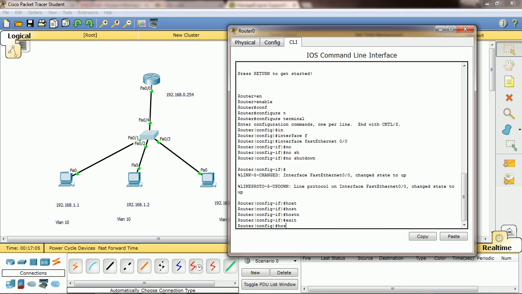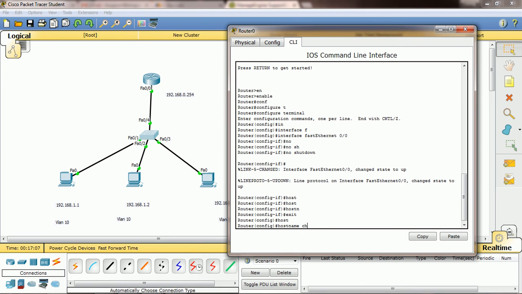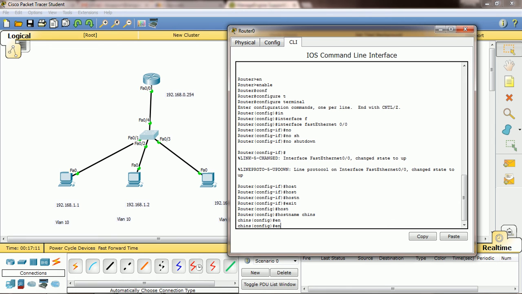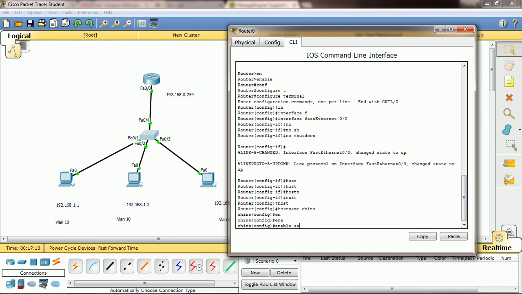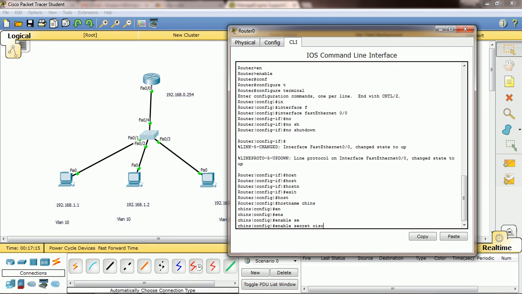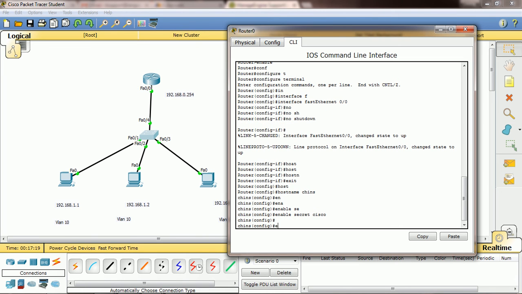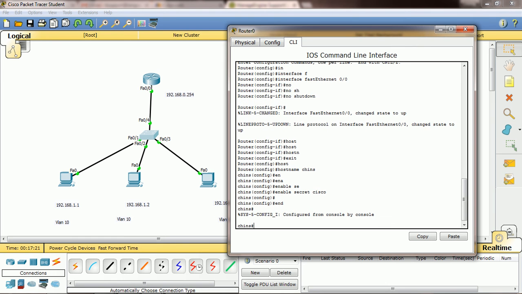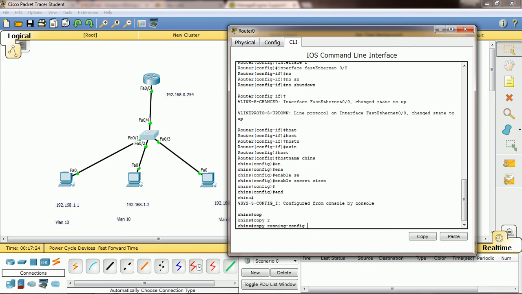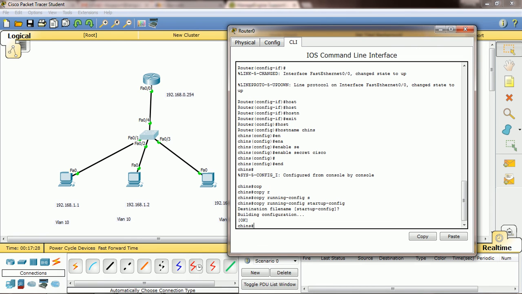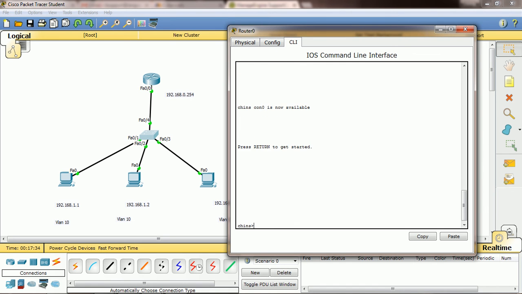Now you type hostname, it will come, then we change it, then we give enable secret password, Cisco, right, then end, then copy running-config startup-config. So now we can come back one more step.